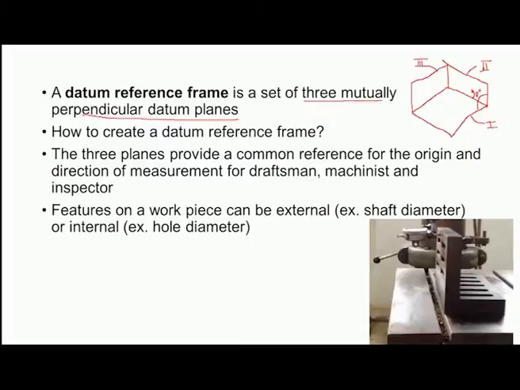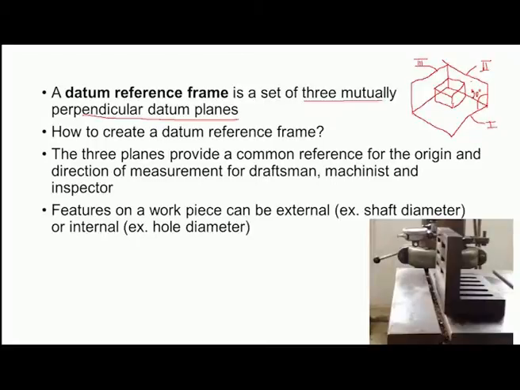Now, we have to keep the workpiece which is to be inspected in this frame, and then we should use these three reference planes as references or datum surfaces, and then we should take the measurement. For example, when we want to measure the height, this horizontal surface is taken as the primary reference.